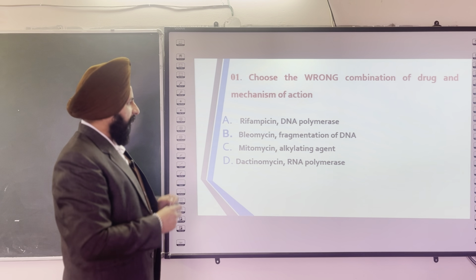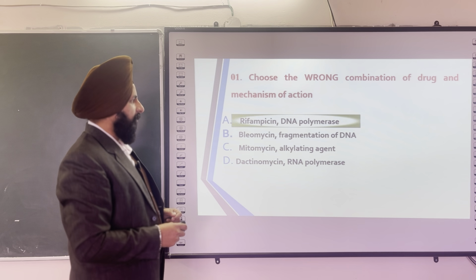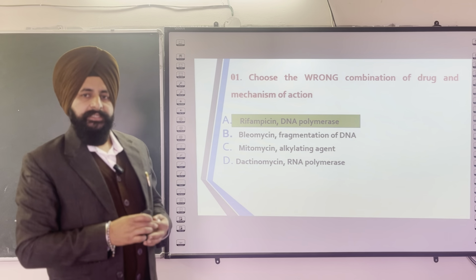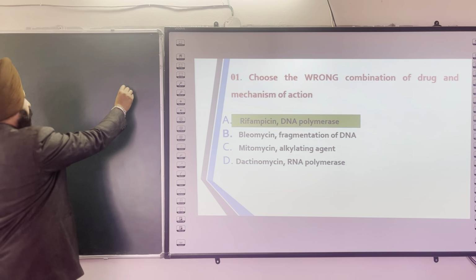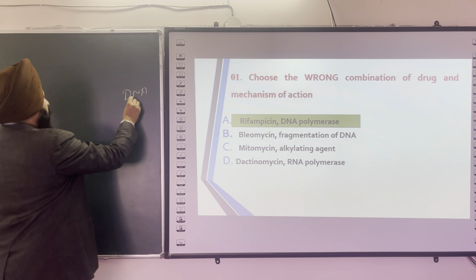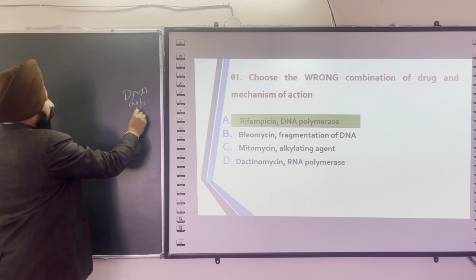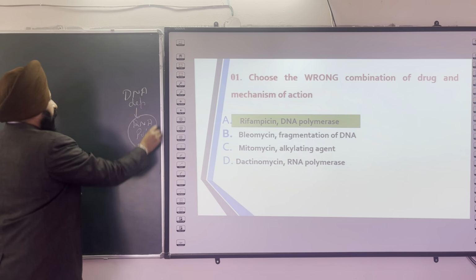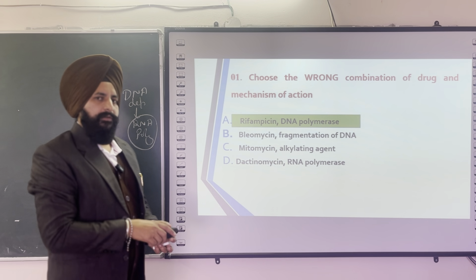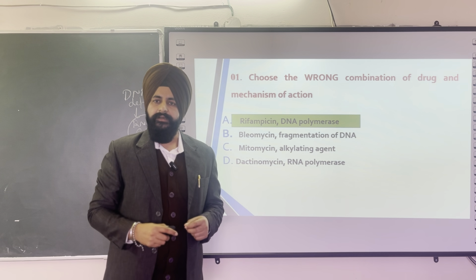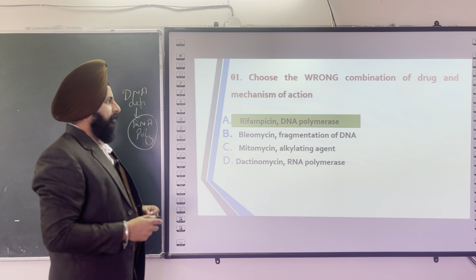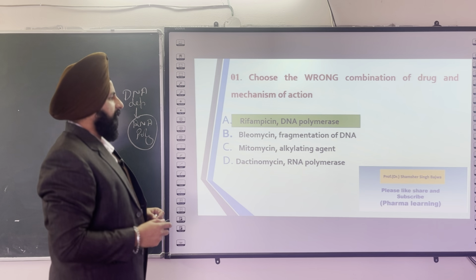The right option for this question is rifampicin, because it acts through DNA dependent RNA polymerase. So it is a DNA dependent RNA polymerase inhibitor, and this is the right answer. If there is an option of DNA dependent RNA polymerase, that is the right option for this question. The next question for the GPAT series is